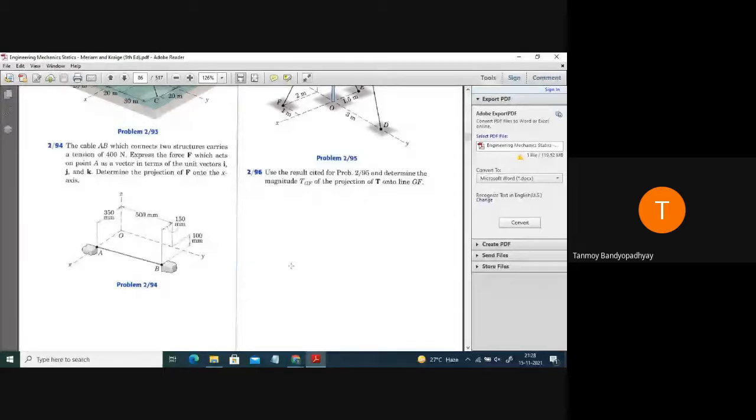So we have to find out the projection of the force onto the x axis. So just I was discussing, either you can be asked to find out the projection of one vector over another vector, or you may need to find out the projection of the force on an axis actually. So that's why I defined one line OL. In that case, OL was the axis during our derivation, and we found a unit vector OL cap. In this case, we have to find out the projection of the vector F on the x axis. The x axis is only i cap. So if you could do that one, we will be getting the answer.